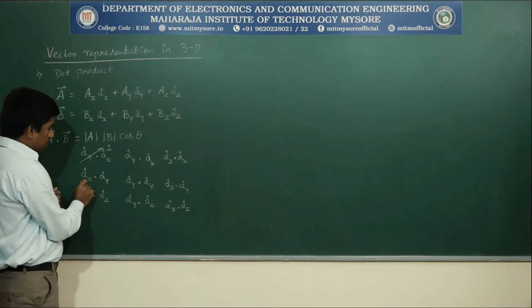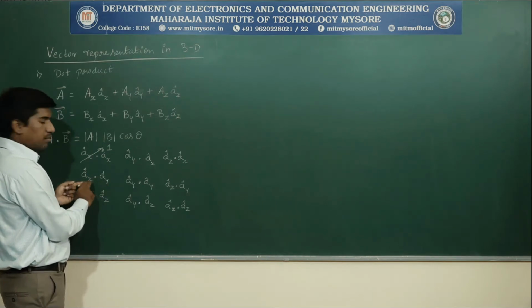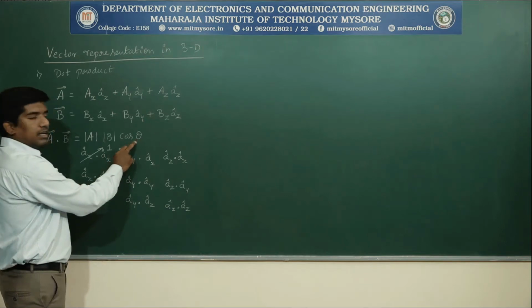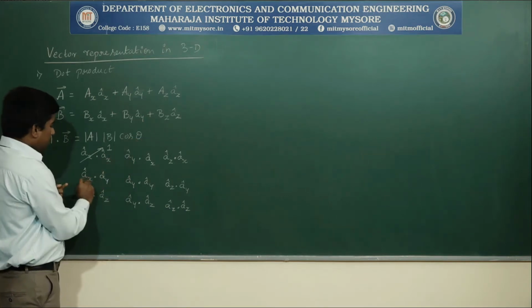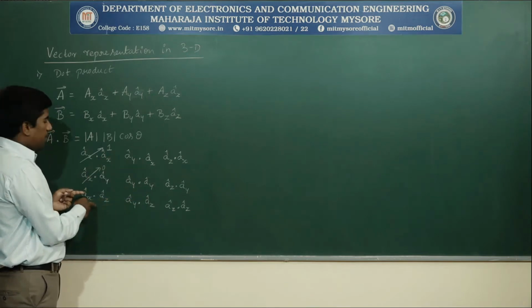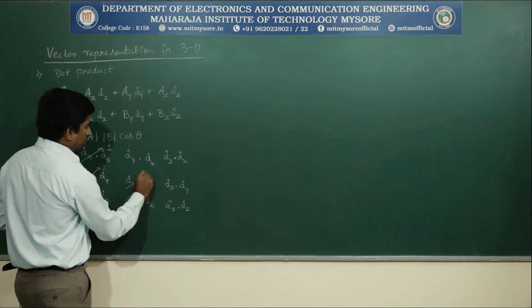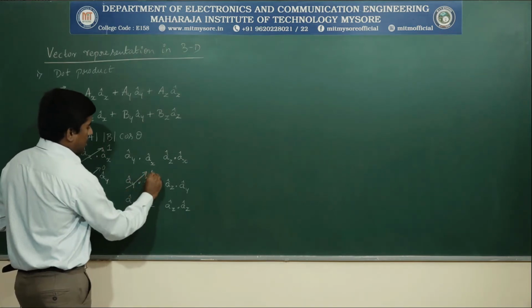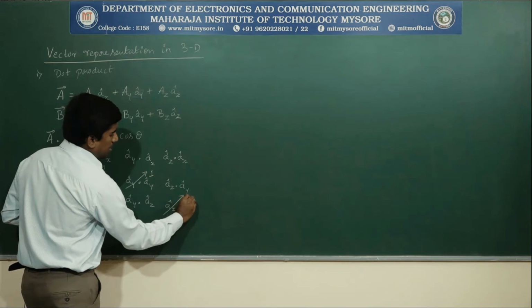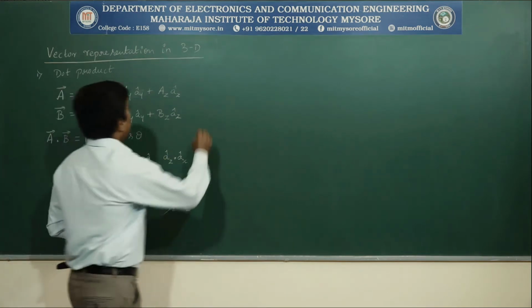Then what about this value? Since x and y are perpendicular to each other, the angle between these two is 90 degrees, cos 90 is 0. Therefore, this quantity is 0. Similarly, if we perform the same operation throughout these 9 possibilities, A cap y dot A cap y is 1, A cap z dot A cap z is 1. Then the rest of the values are 0. Therefore, which results in